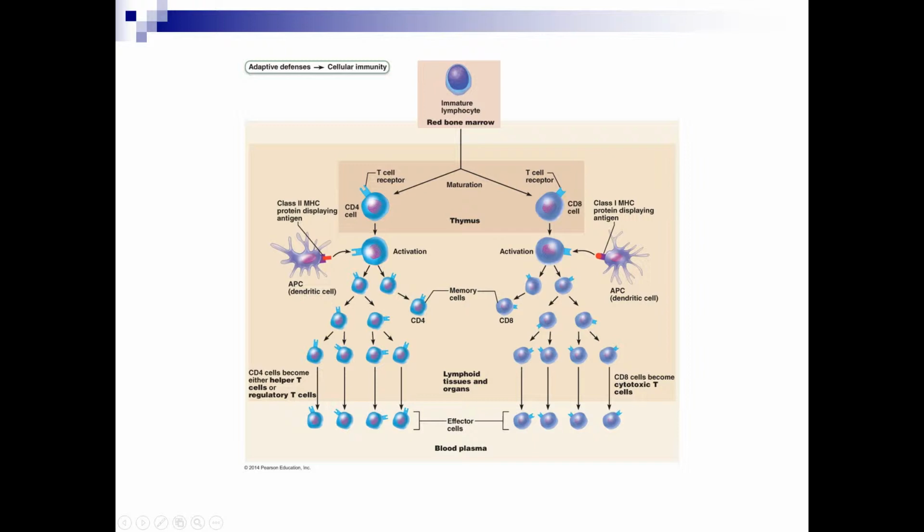So you can see these are two different cells. They have two different receptors on the outside. They will be activated by two different antigens. But both of them need to be activated by an antigen presenting cell. So in this particular case, once they leave the thymus and go out into systemic circulation, whether it's the lymphatics or the bloodstream,